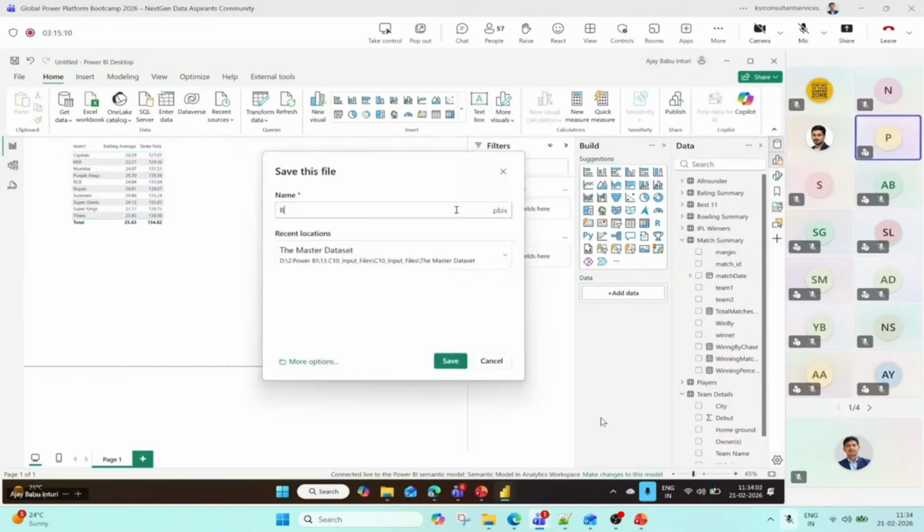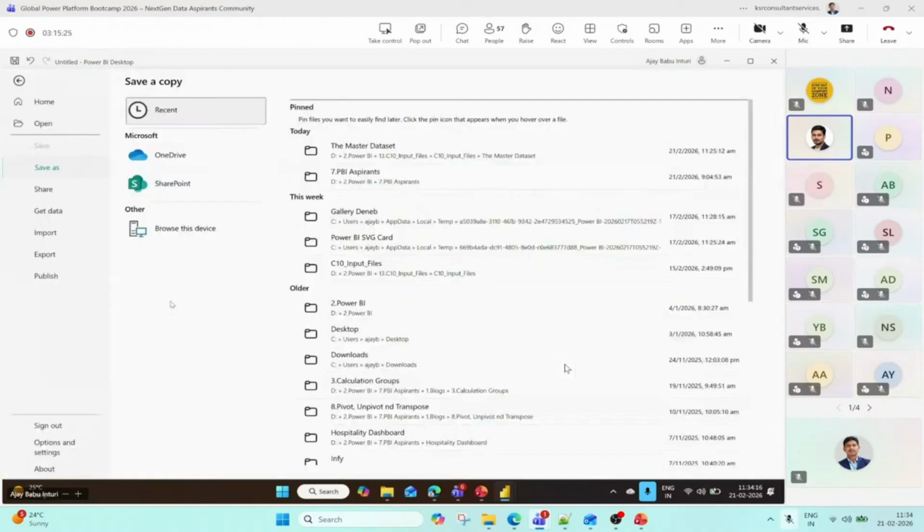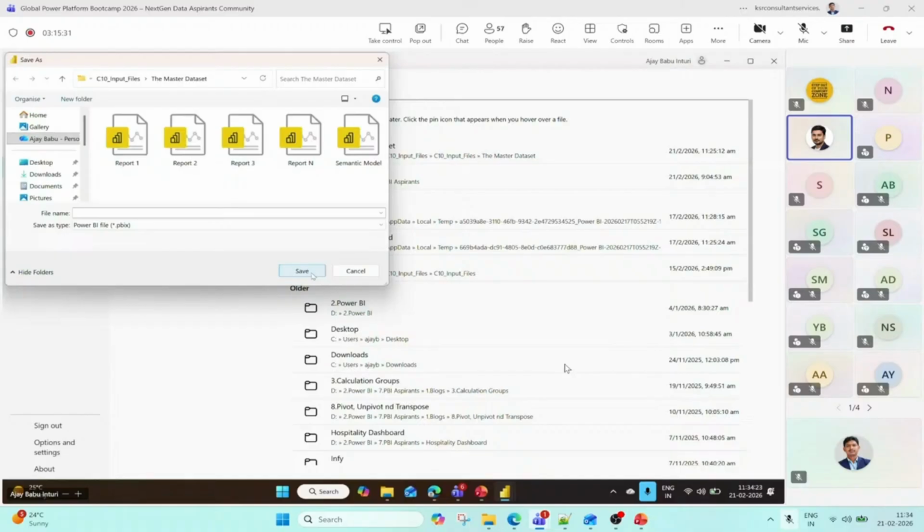So here we cannot add an additional source. Let's say we have another CSV file or Excel. Can you add it? No, you can't add one using the live connection. But there is the analytics endpoint; using that, you can add another data source. I will tell you about that also here. Okay, thank you.